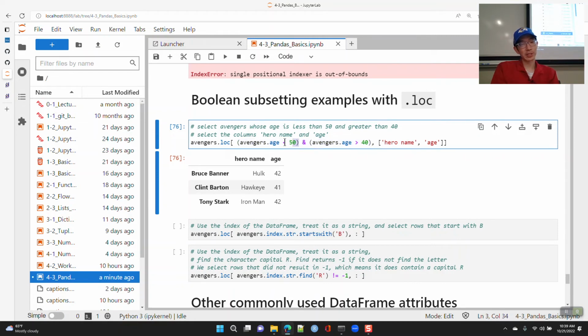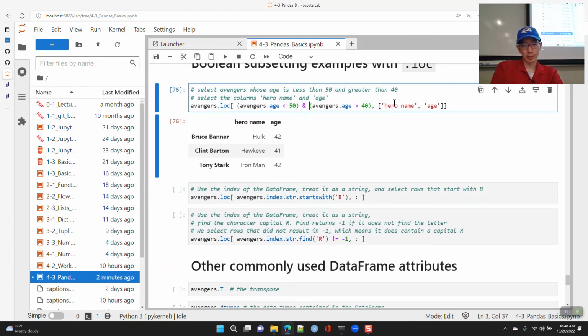This produces an array of true false values, and this also produces an array of true false values. If you have multiple arrays and you want to do operators with them, this is when you'll use the ampersand, okay, versus the and, which is generally used for single values, single true, single false type of things, like in if statements.